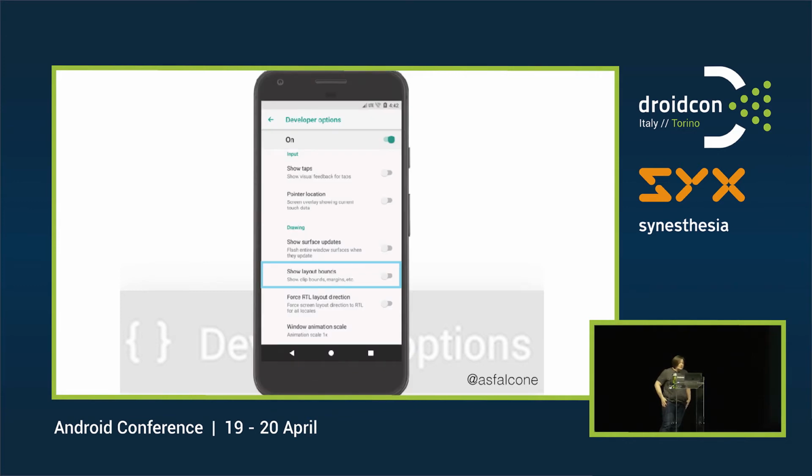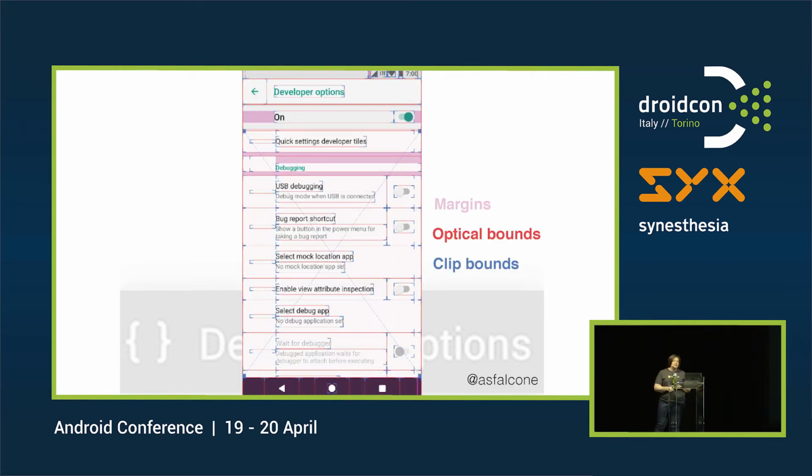So the next one I want to talk about, it's called Show Layout Bounds. So maybe you've wondered when you're looking at an app where one view starts and ends and the next one starts, wondering about the space, the padding, the margin between them. When you turn this on, you're going to get a lot of colors, a lot of different things start appearing on the screen. But you're able to see in pink the margins of the views, and the blue and red